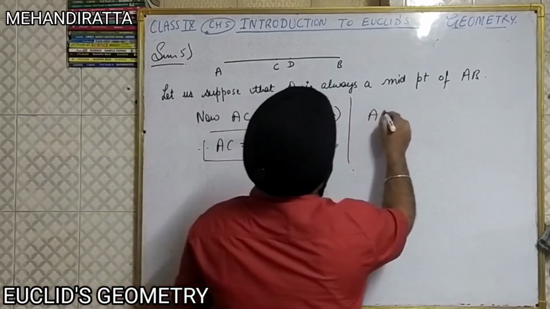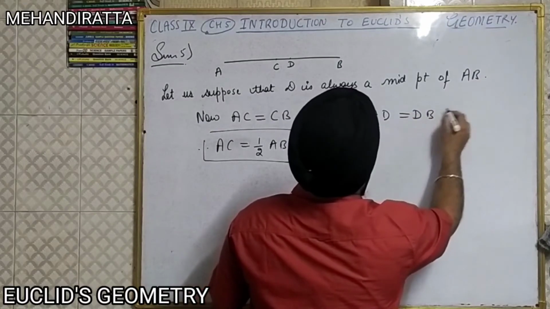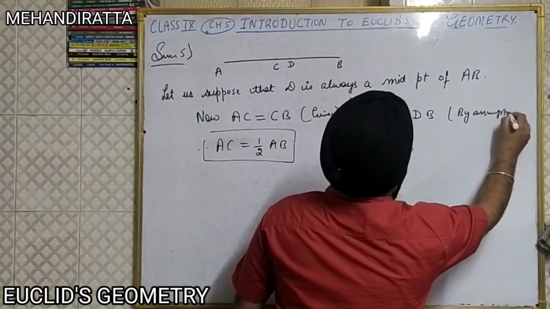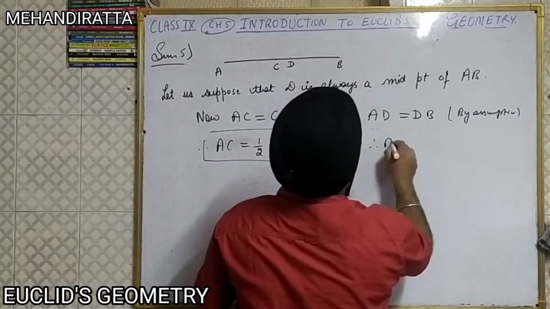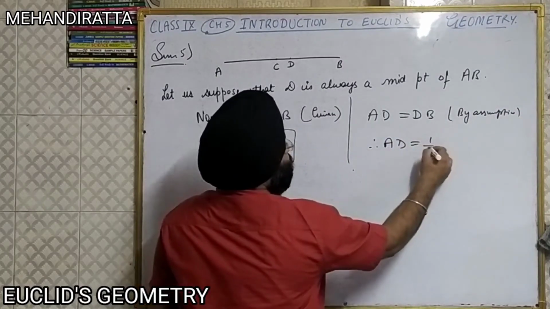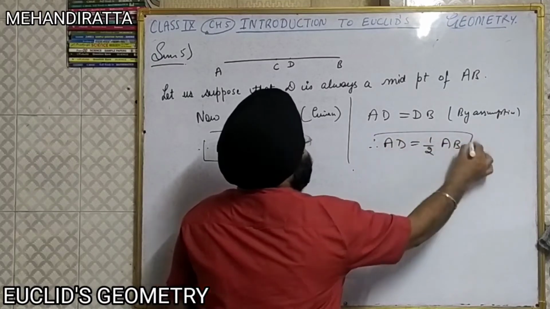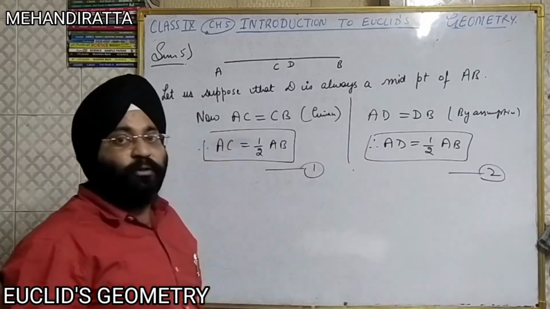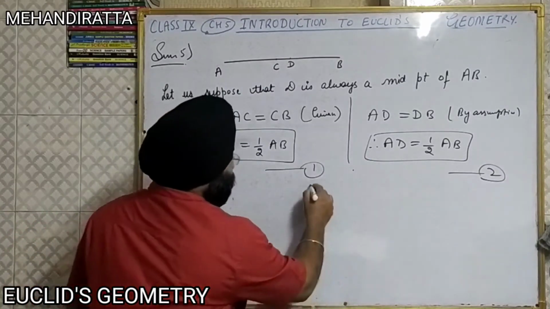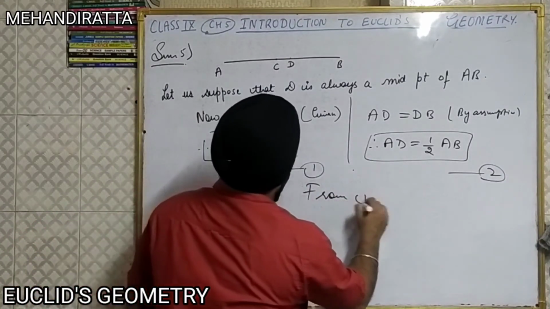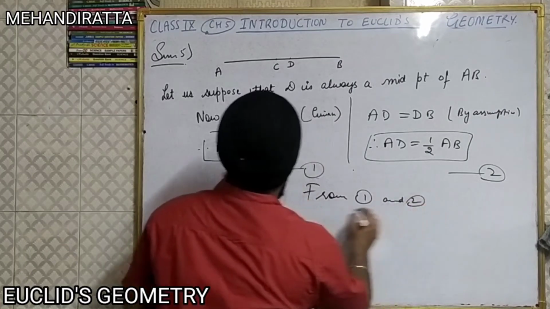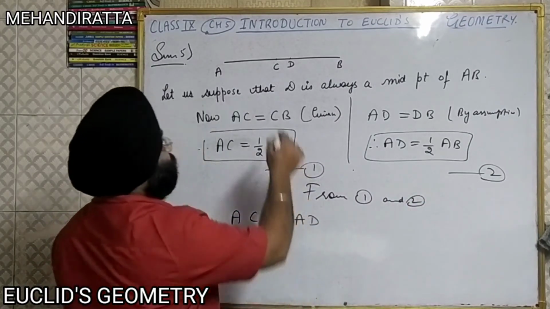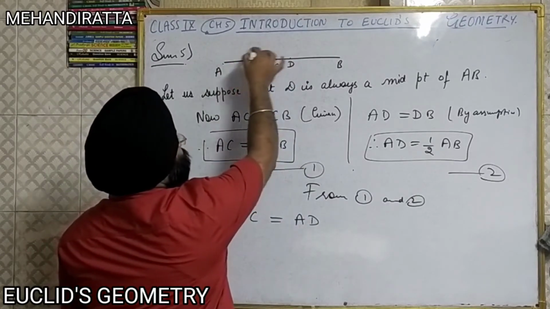Also AD equals DB by assumption. Therefore AD is half of AB. This is your first, this is your second equation. From 1 and 2, AC is equal to AD,